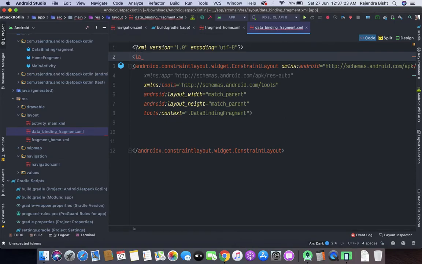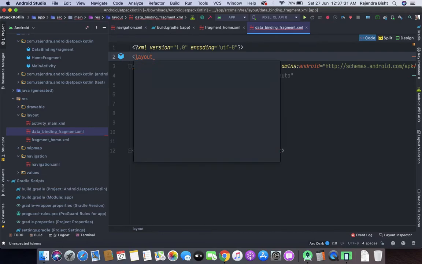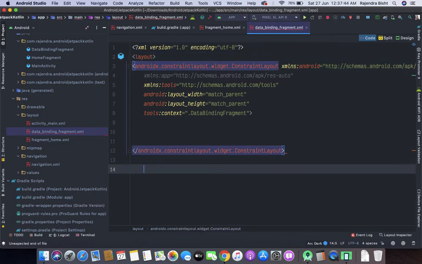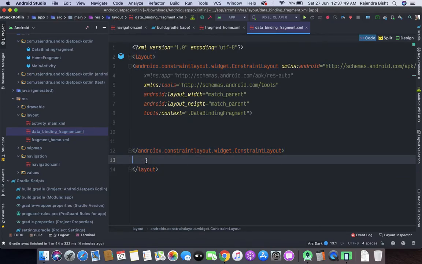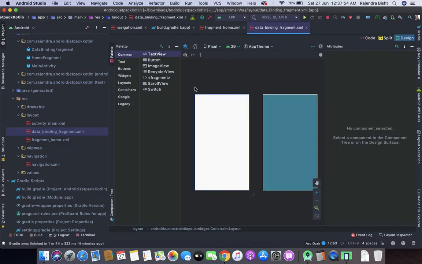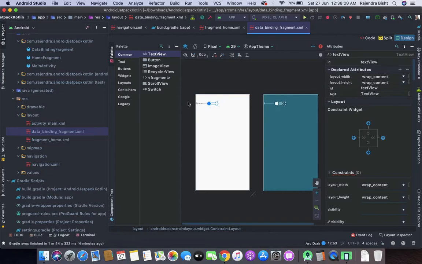Here we will add two text views. Let's say one for name and another one for email.